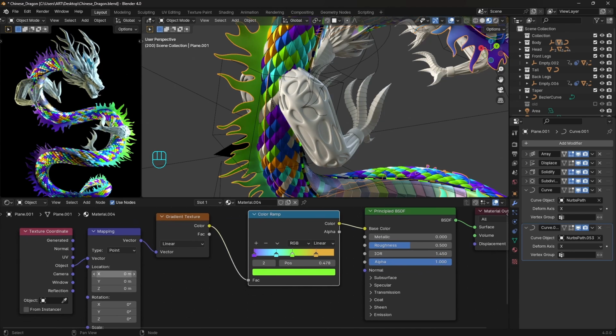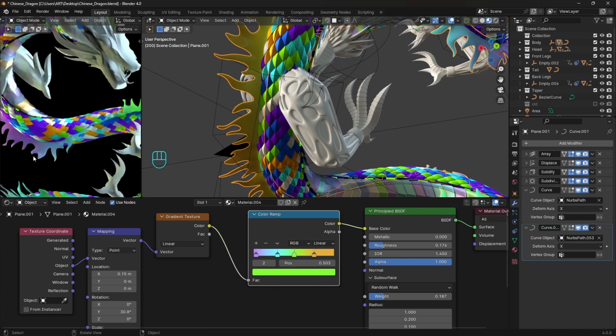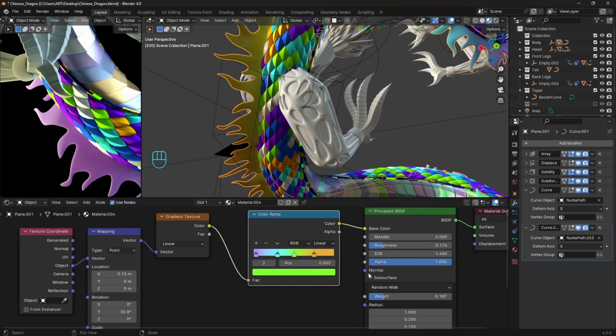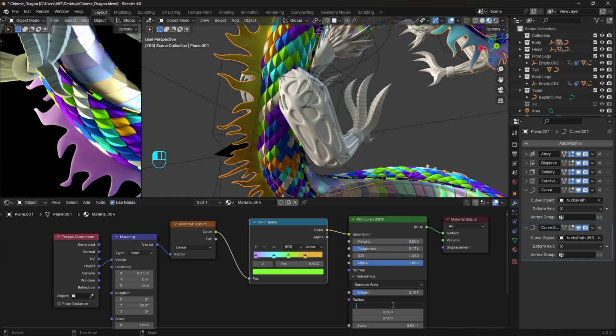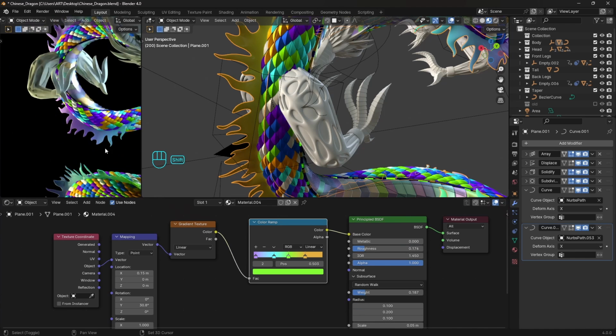We can use the location to offset if needed. The rotation values can also be used to set it right. I will reduce the roughness and add a little bit of subsurface. We are using this to make semi-translucent shaders like the skin, for example. We can reduce the red color. These 3 bars below represent the RGB values.